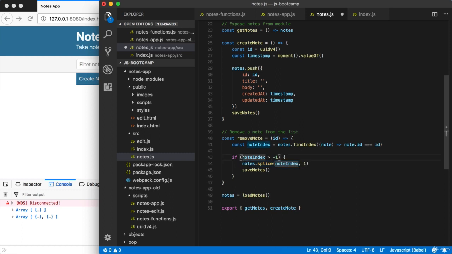And this means we're only calling save notes if we actually remove something. If this condition fails and this code never runs, there's no need to put save notes down below because we won't actually be saving any changes. So in this case, we're only calling save notes if we actually end up removing an item. Now let's go ahead and actually export this so it can be used by other files. Right here, remove note is going to be exported,